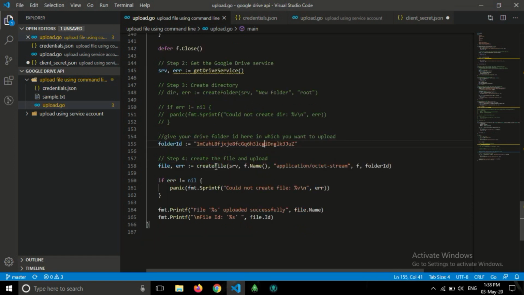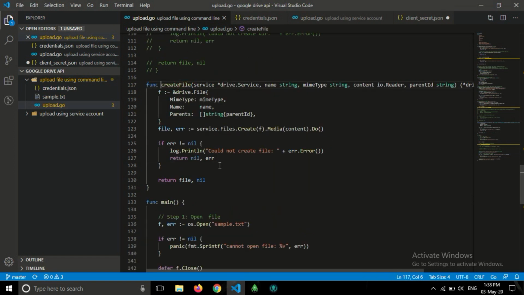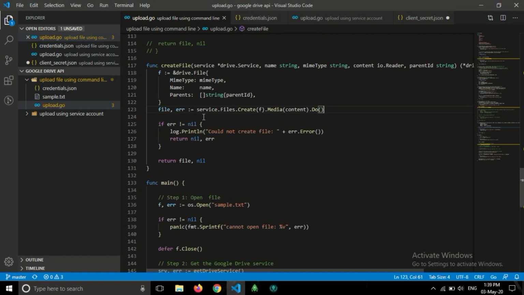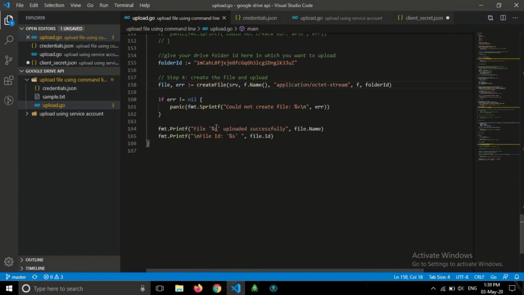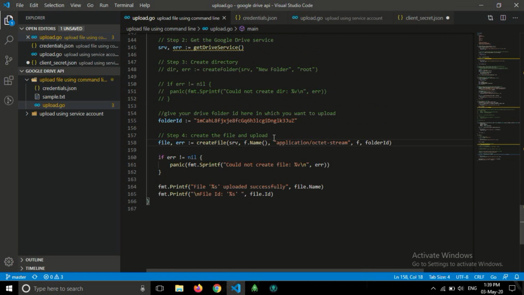After that we will call the create file function, in which the file will be uploaded. So let's check.